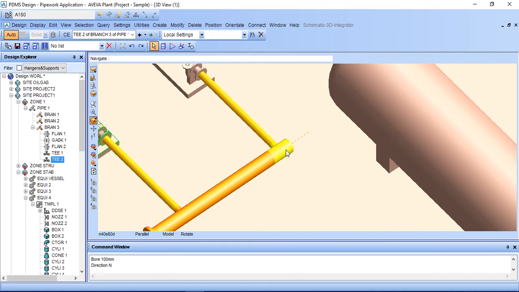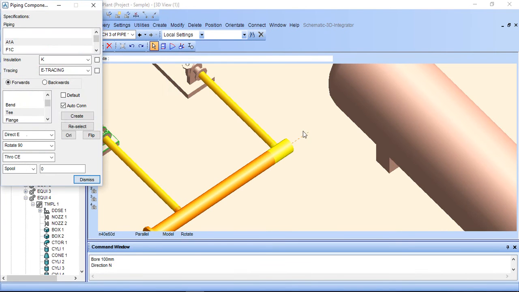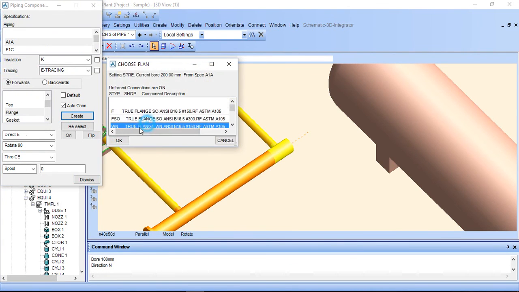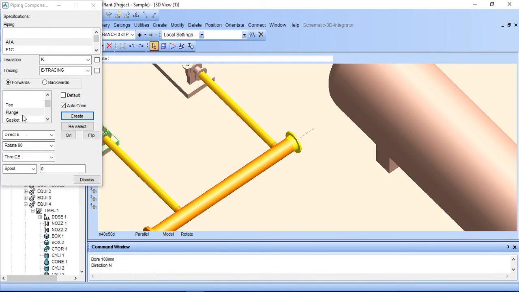Dismiss it. Again come to this, go to create component. I am creating flange, weld neck flange. After creating, I am giving 500 spool.